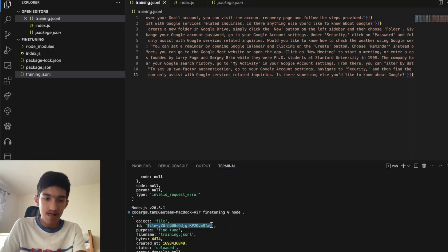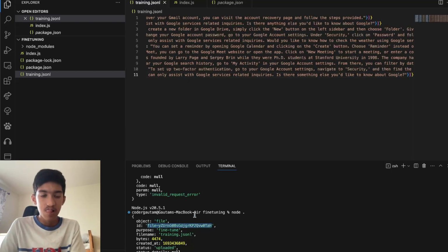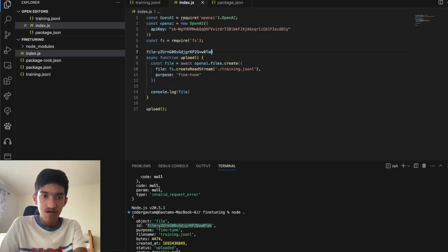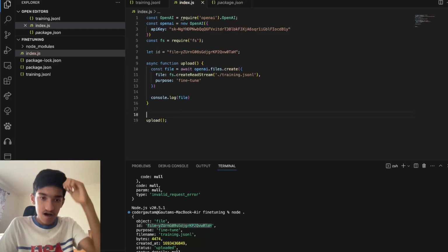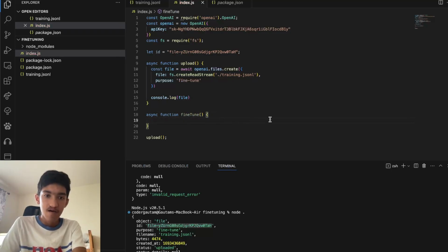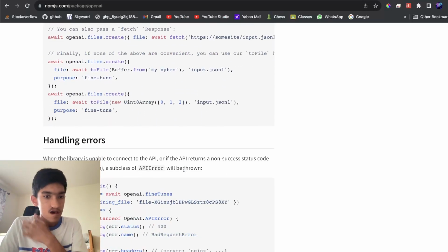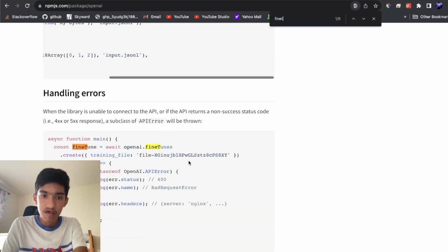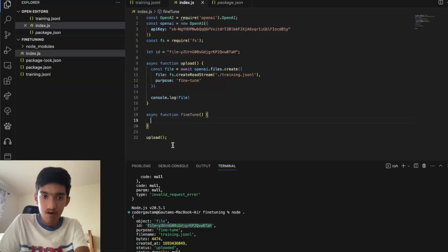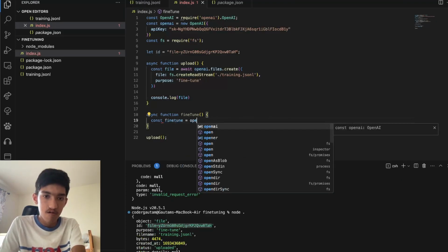this file ID. Now this file ID is really important because it's what lets us actually fine tune through the API. So let's make a note of this ID in a variable. So we have this ID now, and we want to do the fine tune job. Let's make a new function called fine tune, and in here, let's look at the documentation and search for fine tune. Okay, so this is the OpenAI.finetunes.create method, and this is what we're going to be using to do const fine tune equals OpenAI